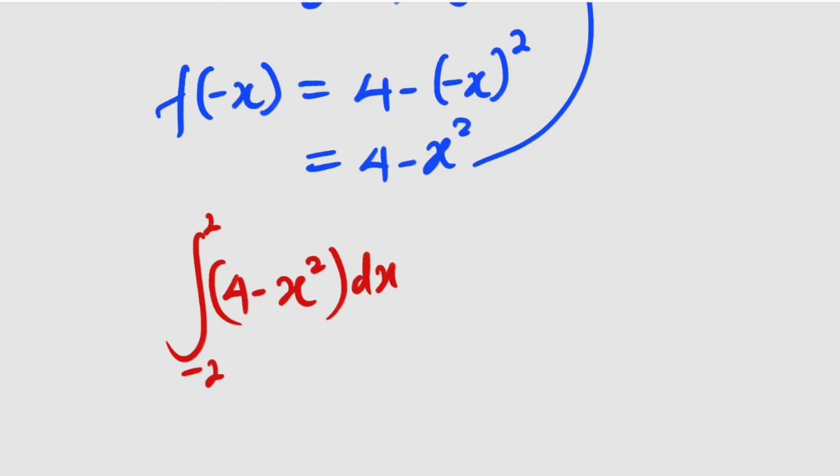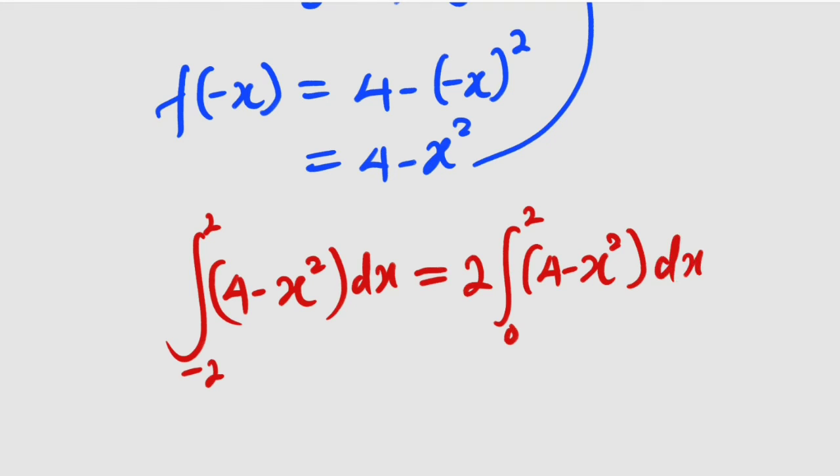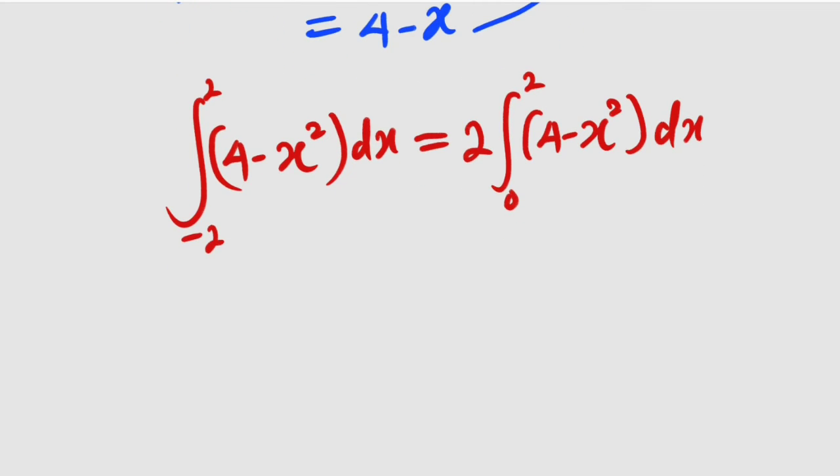with respect to x. Because it is an even function, it is the same thing as 2 multiplied by the integral from 0 down to 2 of that function 4 minus x squared dx. So now instead of integrating this, we are going to integrate this, though they will all give us the same answer. This is equal to 2 multiplied by the integral of 4 with respect to x, which will give us 4x